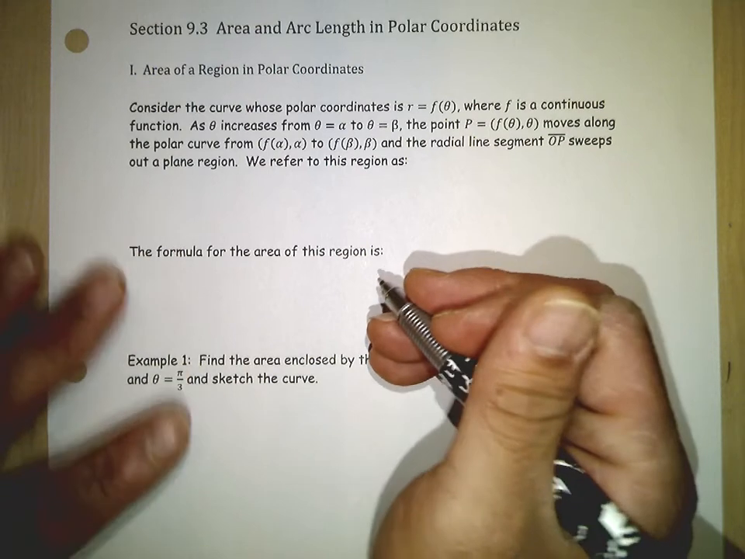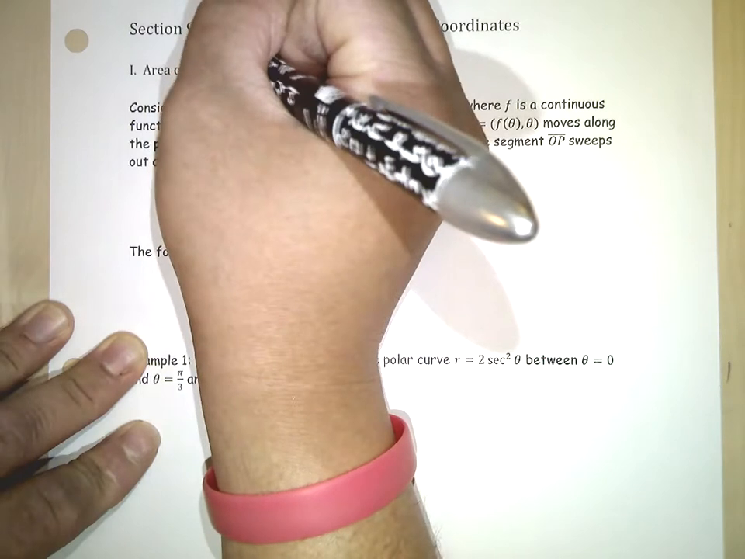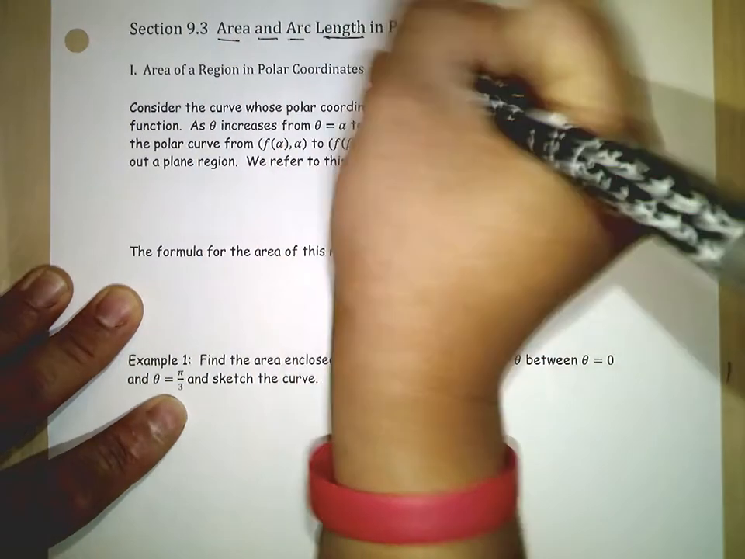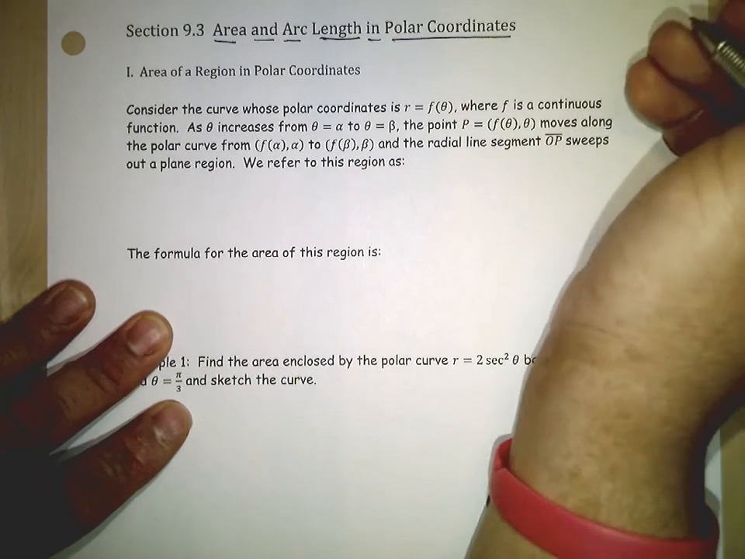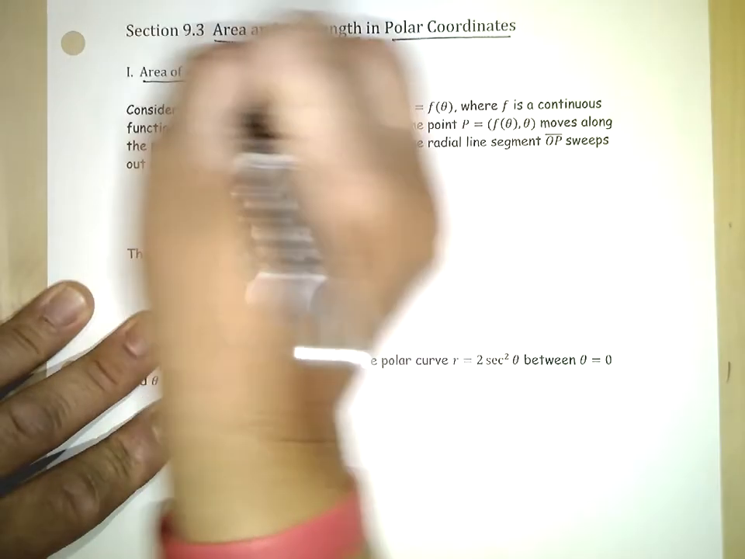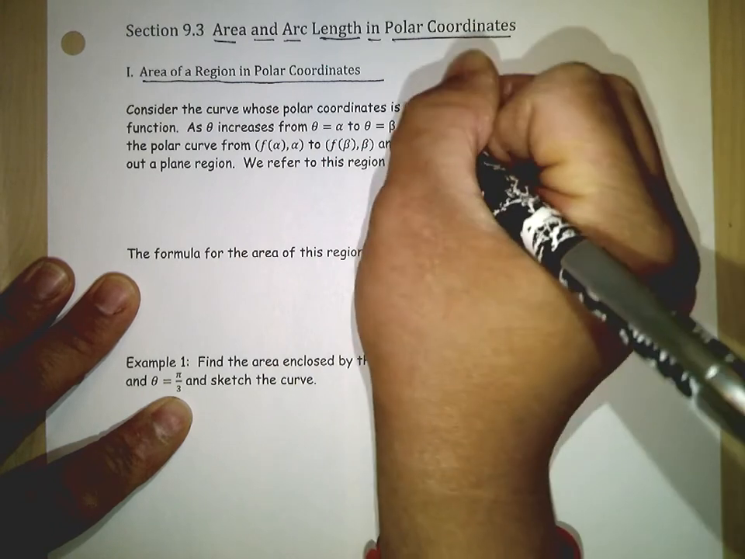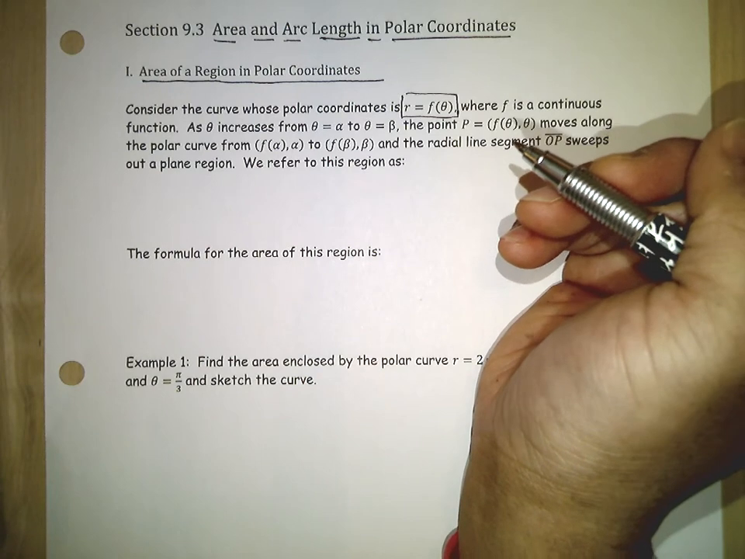Hi everyone, this is Professor Oaks, and in this video we are going to discuss area and arc length in polar coordinates. So let's start out by talking about the area of a region in polar coordinates. So consider the curve whose polar equation is r equals f of theta, where f is a continuous function, and